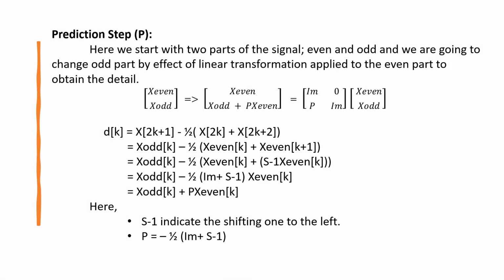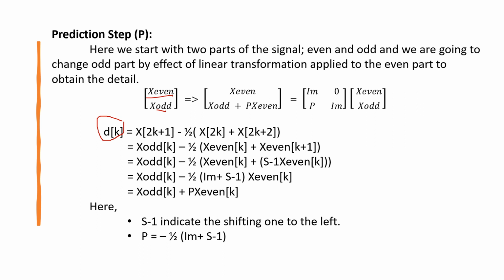We are going to have three main steps here. The first one is the prediction step, then we are going to have the update step, and at last the normalization step. In the prediction step, to find P, we are going to apply a linear transformation using the detail coefficient. First, we split the original signal into even terms and odd terms. Then, by using the detail coefficient from the CDF 2,2 transform,